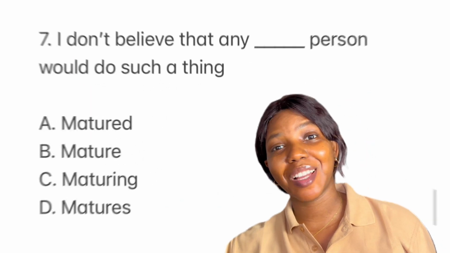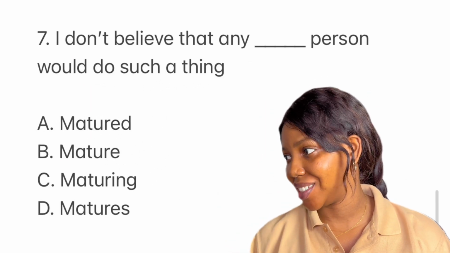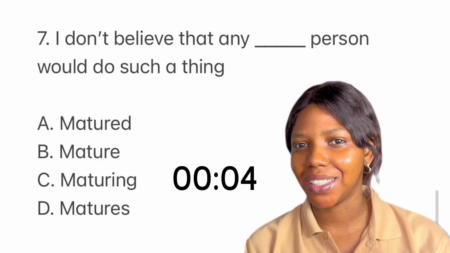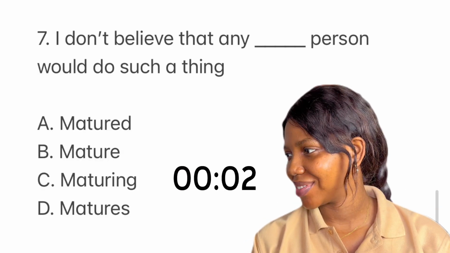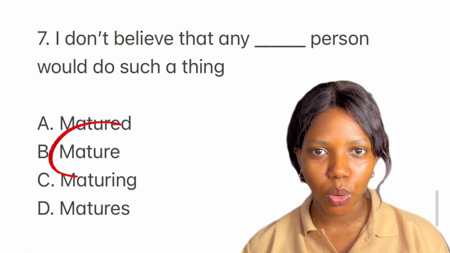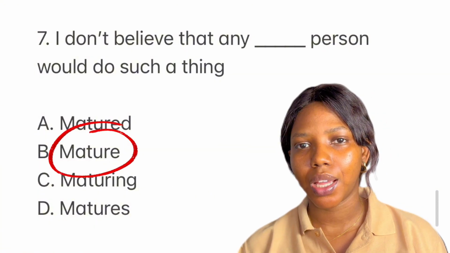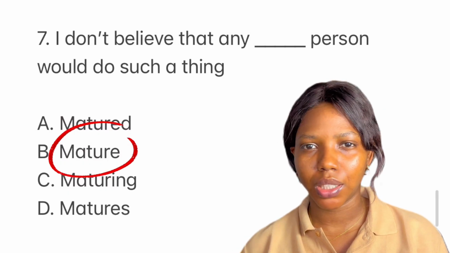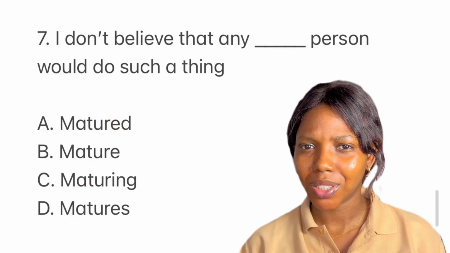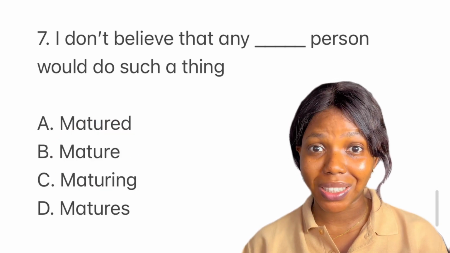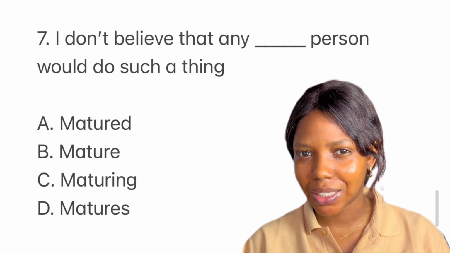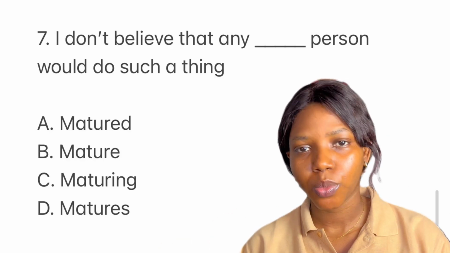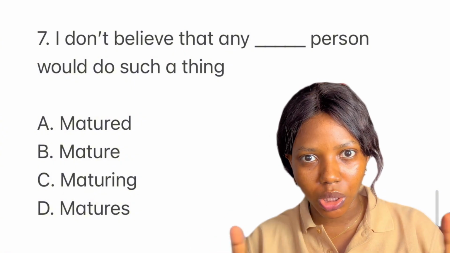For this question, your examiners are testing your knowledge of word classes, okay? So this is pretty easy. Now, give this a try in 5 seconds. Let me know what your answer is. So the word mature can function as a verb and an adjective. And there are so many examples like this, okay? We have empty, close, open, dry. So these are words that can function as both a verb and an adjective. So you need to read the sentence, understand it, and determine whether you need a verb or an adjective to complete it.